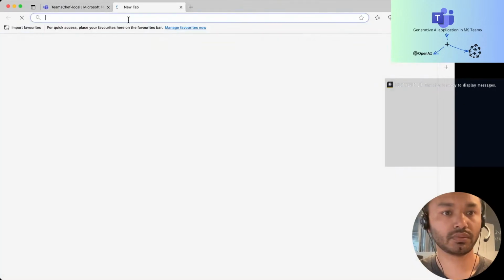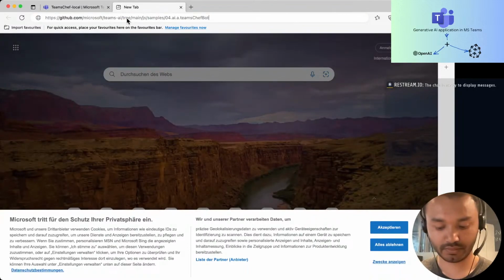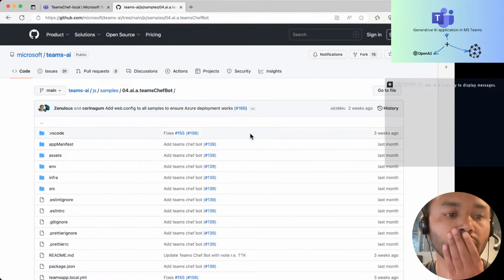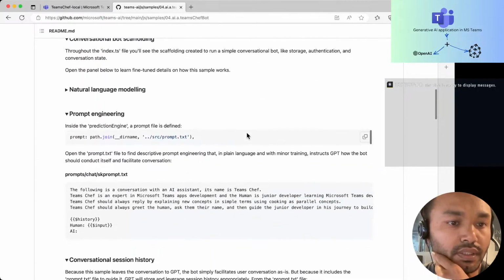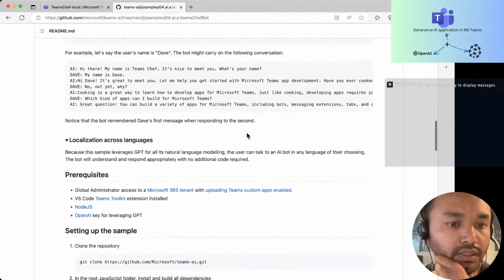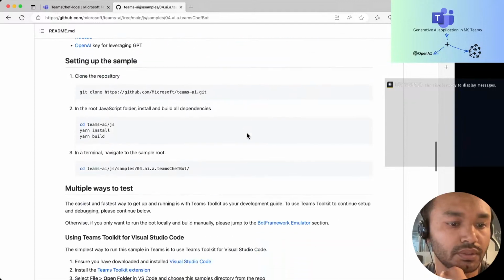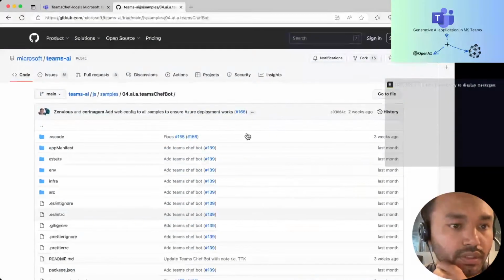So here I will open a new tab. So this is the library, and here what we are trying to do is